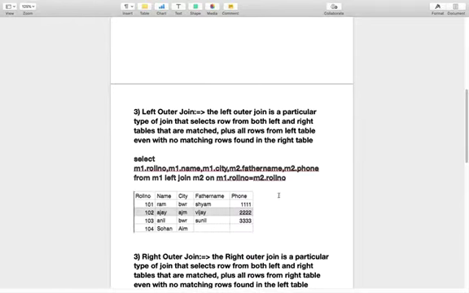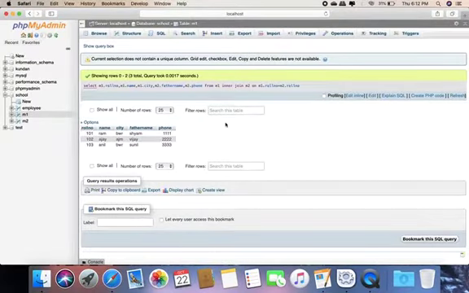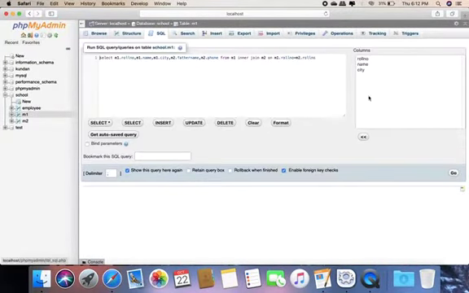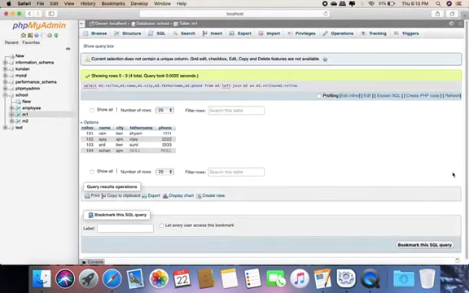So how will we execute this query? In place of inner join, I write left join M2 on M1, the same information. I just change the keyword from inner to left and go. Now here you can see all records from the left side are coming, and if there is no corresponding record in M2, then a null value is coming, and all the matching records are also coming.